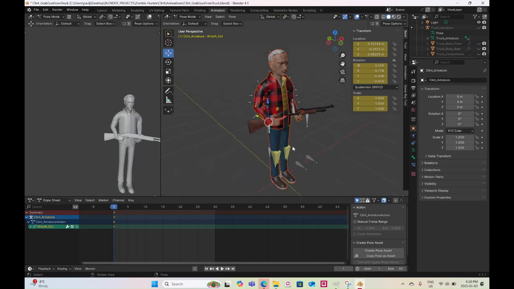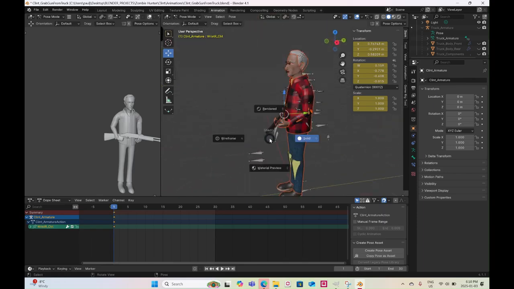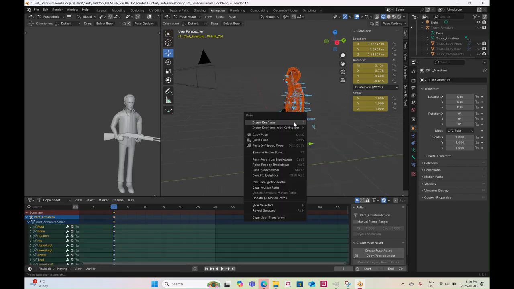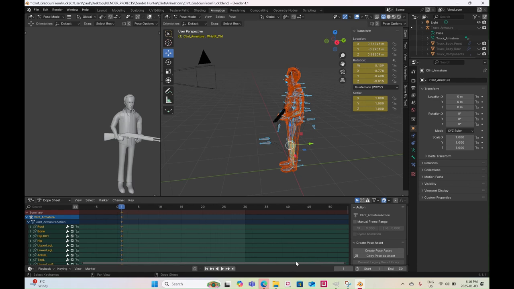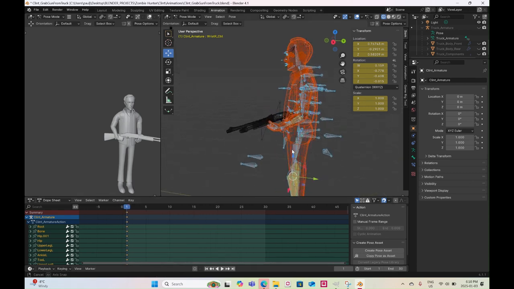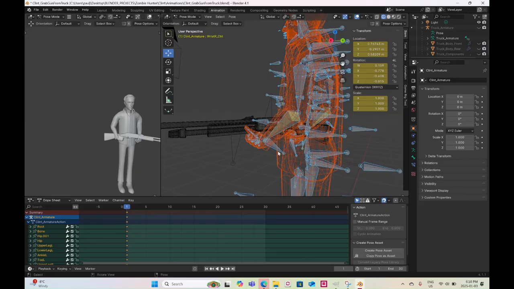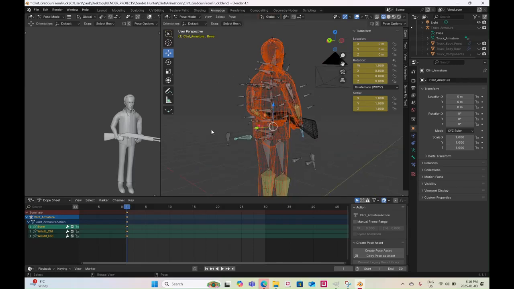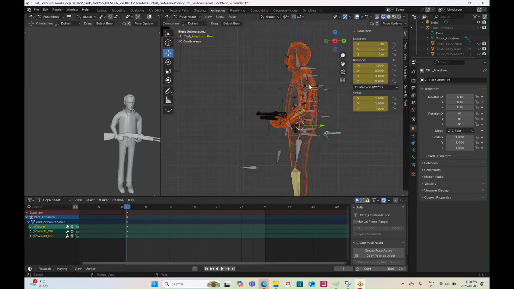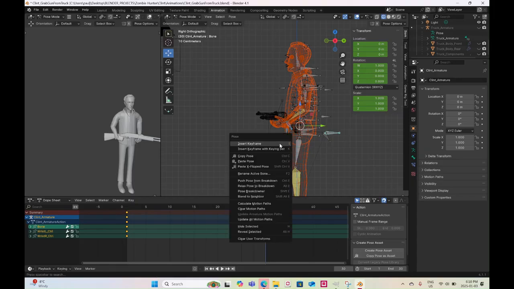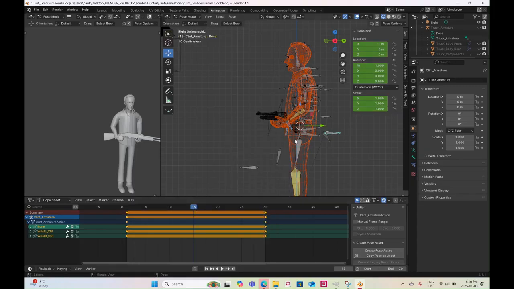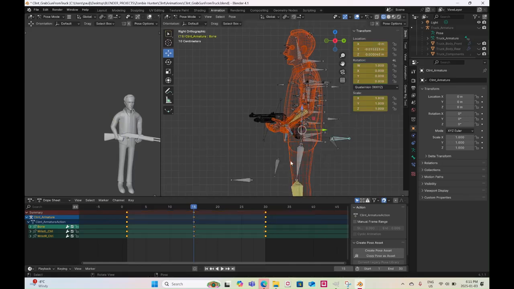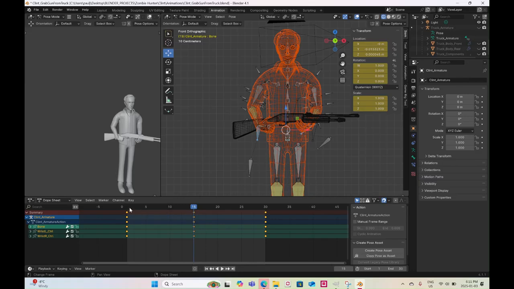So I need to create the idle, walk and run. So I will start with the idle keyframe, the first frame, and then the only thing that I want to animate for the idle is the main control and the wrists. Because what I'm going to do is the first and last frames are the same, but for the middle frame I'm going to maybe just go slightly forward and then quarter of the way